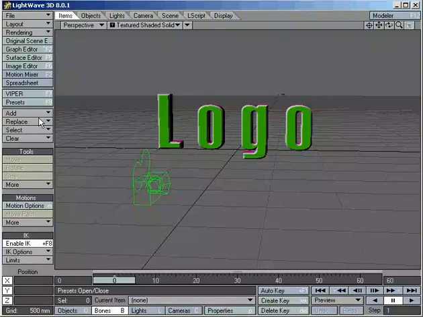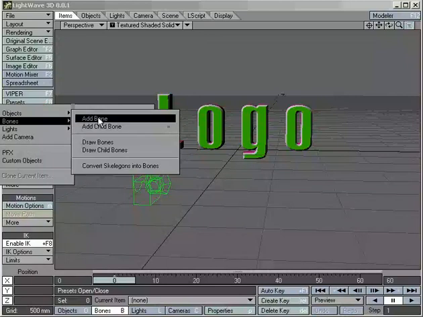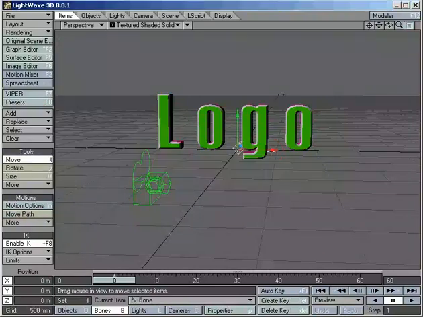Under items, add bone. The important thing to understand is when you add a bone, it is deactivated. It has no effect. It's just another layout item that's permanently parented to the object. I'm moving it to the side. I'm going to create key so it stays there. I'm now going to add